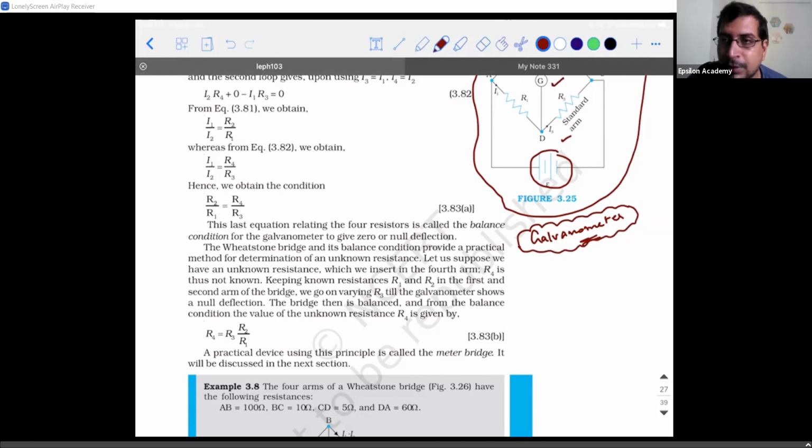Okay. That is what I'm trying to stress. Because if you use the word measure, galvanometer will become a measuring device. Galvanometer is not a measuring device. It is only a sensing device. What you told is 100% right, except the word measure. So galvanometer is a device which is used to sense the presence of current. In the sense, if there is a current flowing through the circuit, this so-called galvanometer will start showing signs of it. So you know what an ammeter is, right? An ammeter is a device which is used to measure current.